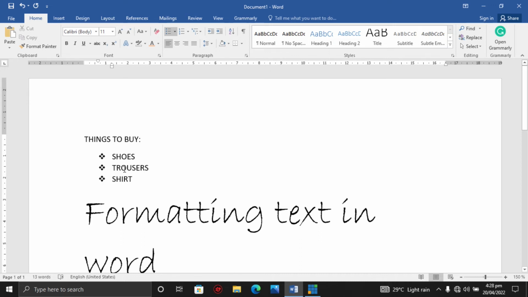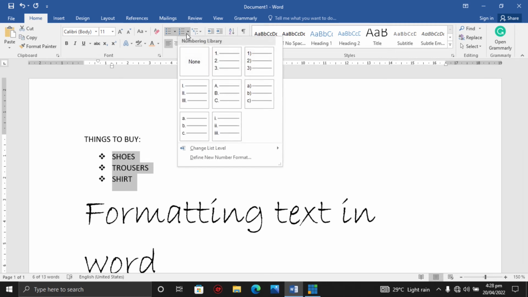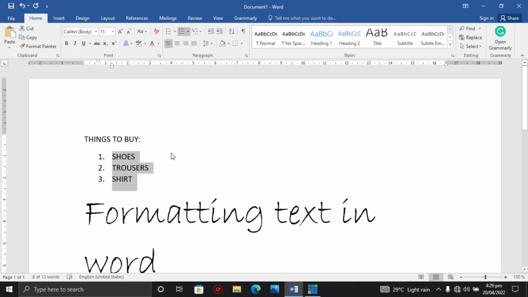Let's say we don't want to use bullets, we want to use numbers. We can highlight it. We go to where we have numbering. We can select a number, or the number with the bracket, a Roman figure, an alphabet, a capital letter alphabet, a small letter alphabet, and so on. So let's just go with the first one. So you could see we have actually created a list.